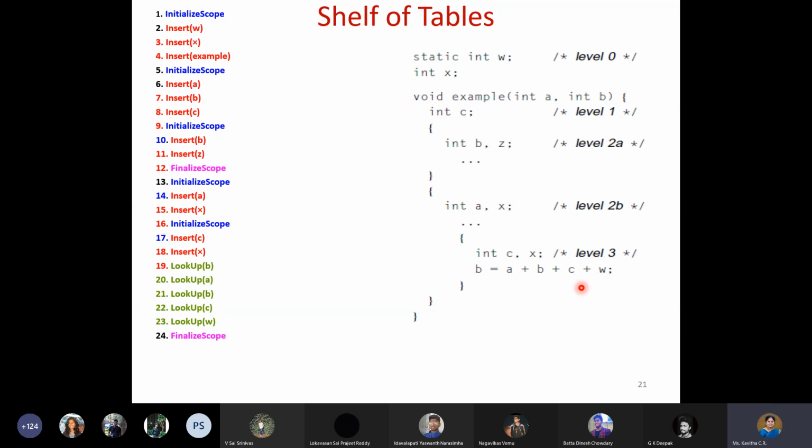And finally, now because this level 3 evaluation is done, it will be terminated. As we terminate using the closing brace, we can also finalize the scope. So the scope of level 3 ends now, and then the scope of level 2B also ends now, and the scope of level 1 also ends, and the scope of level 0 also ends now. Okay, so like this we can complete the implementation of maintaining the stack of tables. And if you have inserted everything, and if the values are available, it will complete the evaluation. Otherwise, it will give appropriate error messages.